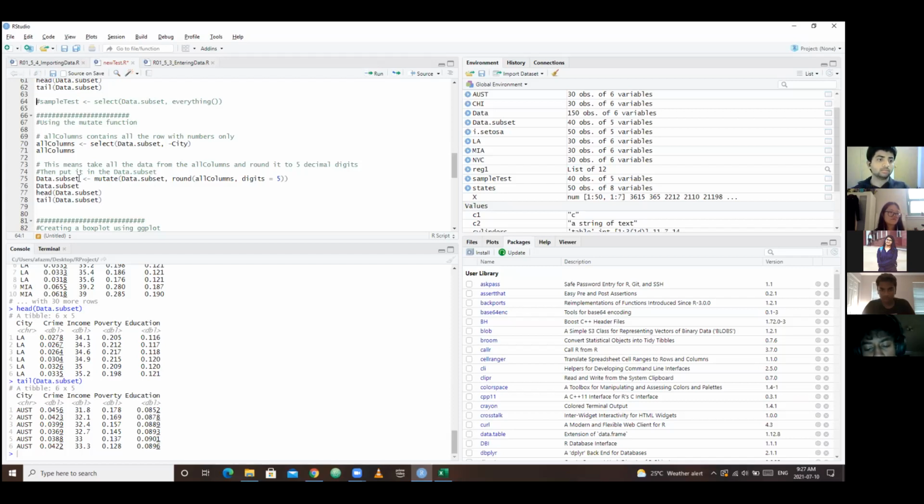So again, I'm reassigning the data to the variable data subset. As a reminder, data subset is our data from year 2012 to 2019 that we filtered previously. So mutating goes like this: take data from data subset and around,